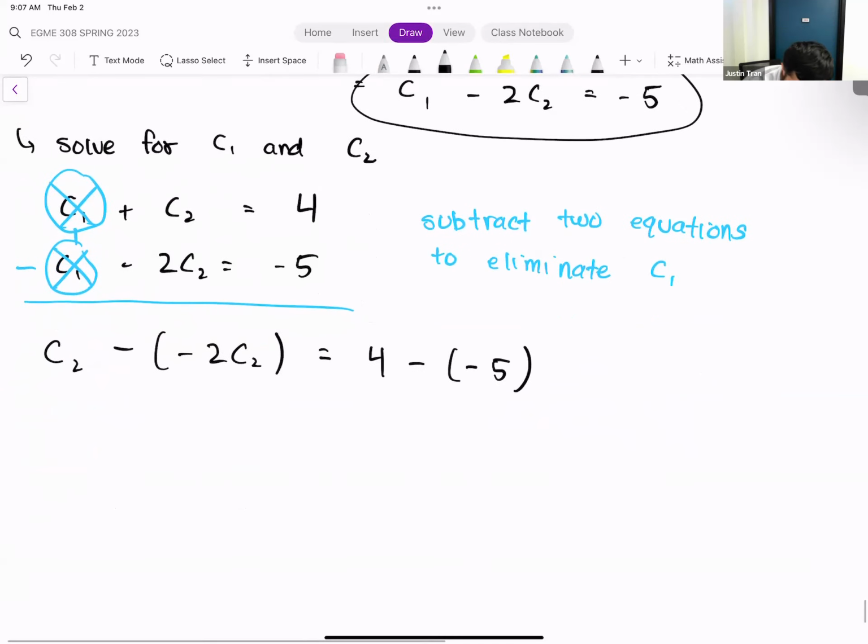All right, so let's go ahead and simplify this. We have C2 minus a negative 2 C2, that's 3 C2. And on the right-hand side, we have 4 minus a negative 5, so that's going to give us 9. Okay, so C2 is 9 over 3, which is